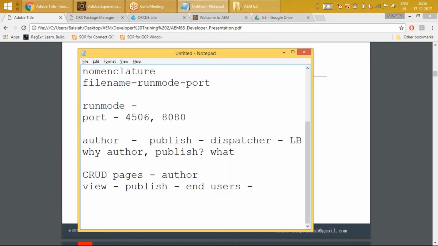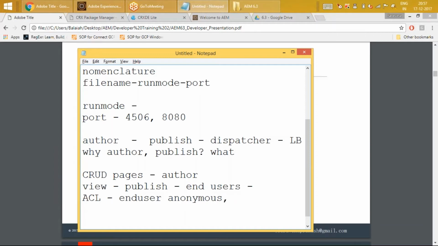Now, let me put it in a different way. Let me classify it. You guys know ACL permissions, right? Like ACL as we use it in Active Directory. As we do it in your AD or your LDAP tools, any of the LDAP tools, you can either go for AD or Apache LDAP, it depends on your organization, or IBM LDAP, Tivoli. You can do any LDAP software. You open an ACL, you give ACL permissions for end users. Usually end users fall under a group called anonymous. This is the usual group that end users always fall into.